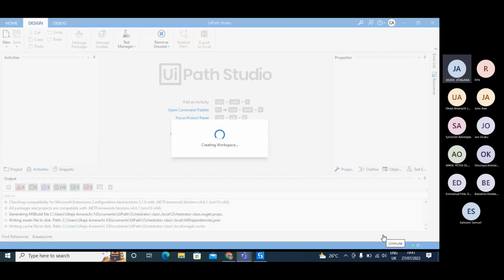So we're waiting for this UiPath Studio to complete its code registry. It's taking time. Oh, sorry. No, don't worry.